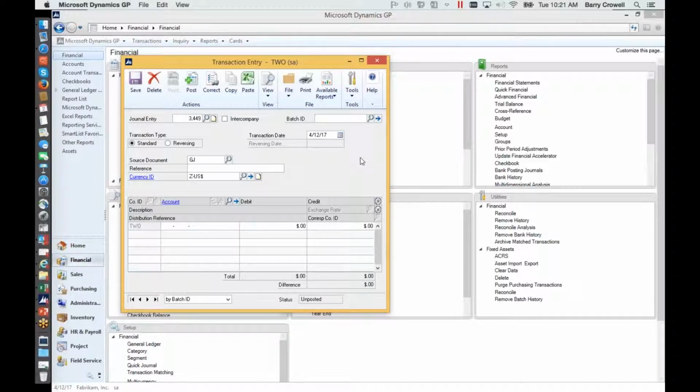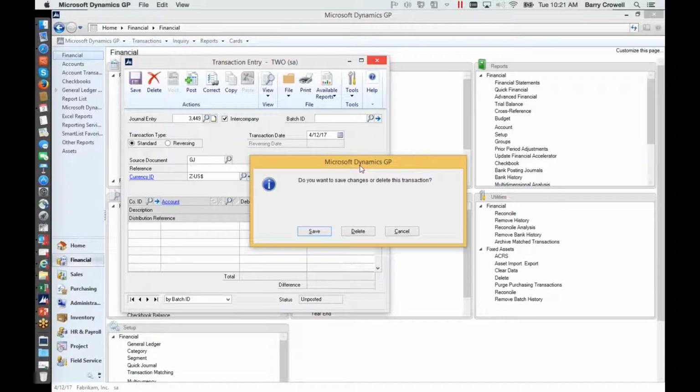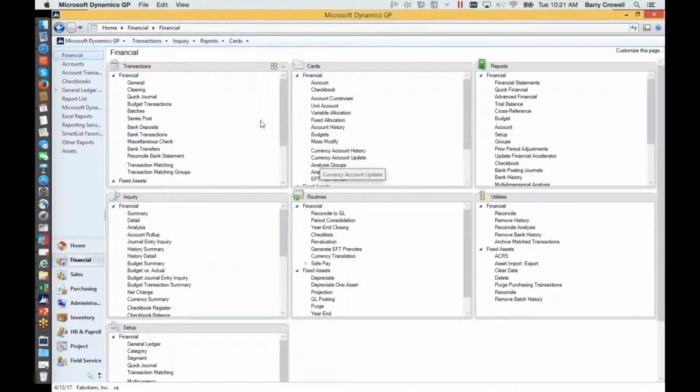Some of the added functionality in 2013 R2, and it's also in 2015, is Excel paste. The basic premise here is in the transaction entry window, and this is the only window that it's currently capable of going into, is maybe I have a lot of or some one-off integrations that I want to bring